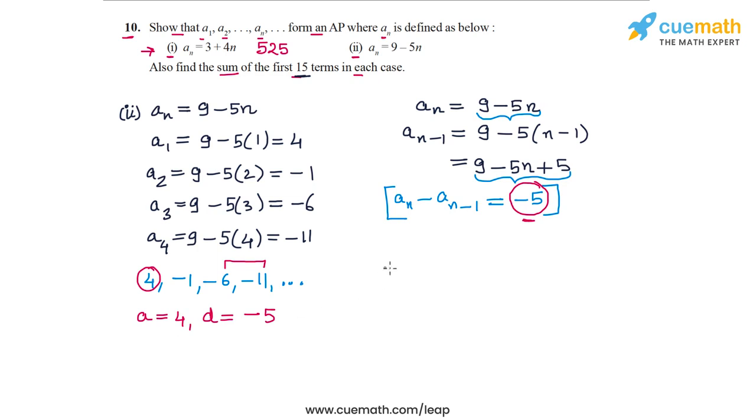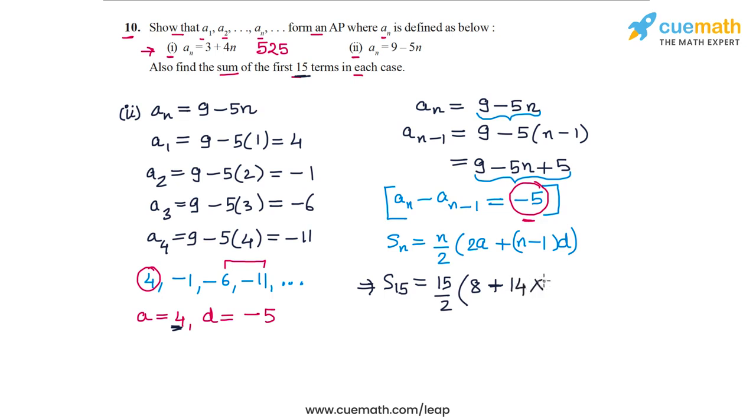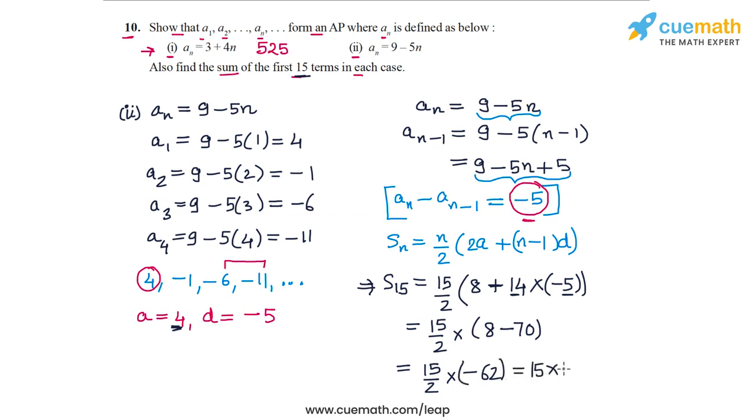Alright, now let's calculate the sum of the first 15 terms using the formula Sn is equal to n by 2 times (2a plus (n minus 1) times d). So we have S15, which is what we have to calculate, is equal to 15 by 2 times 2a. a is 4, so 2a is 8, plus n minus 1, which will be 14, into d, which is minus 5, so 14 into minus 5. So this is equal to 15 by 2 into 8, and 14 times minus 5 is minus 70, so 8 minus 70. So that's 15 by 2 into minus 62, which is equal to 15 into minus 31,